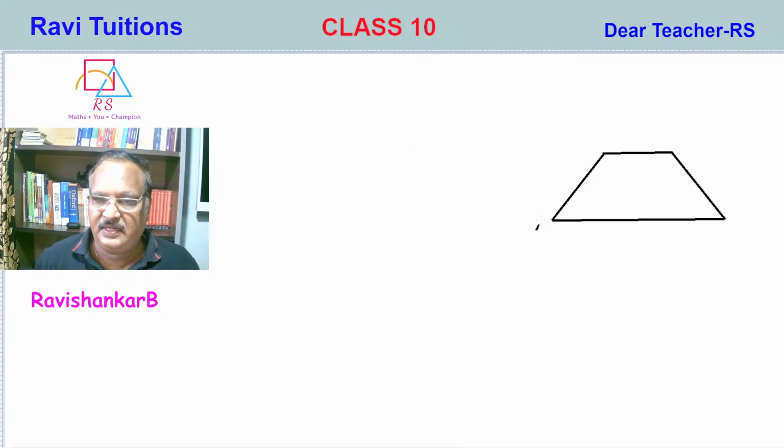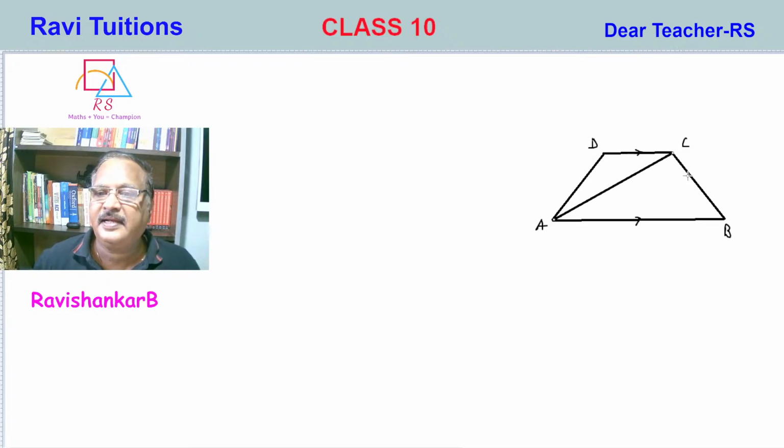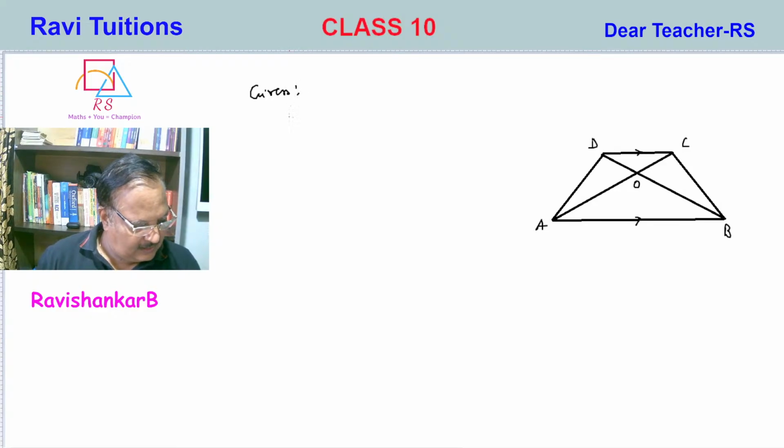Let us name it A, B, C, D. Either you have to come clockwise or anti-clockwise. So AB is parallel to CD, and their diagonals are intersecting at O. This is O, and we have to prove that AO by BO is equal to CO by